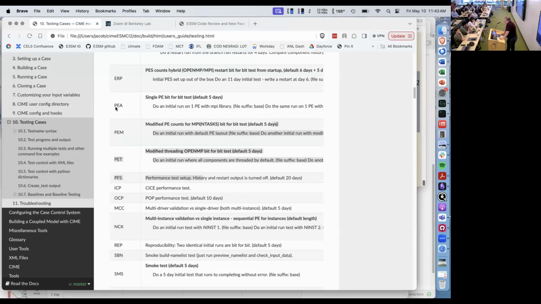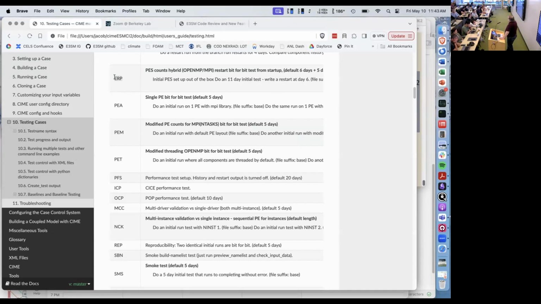That ERP test that I talked about, that I'm running right now, is kind of a combination of all of those. It'll do a first run, so it's a restart test. It's going to do one run with the default number of threads and tasks, and a restart file gets dropped while it does that.